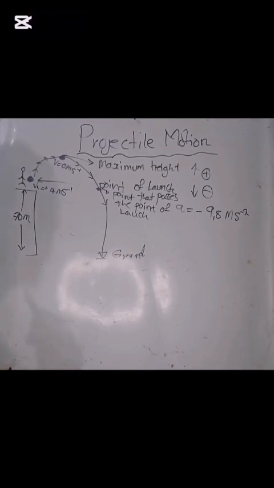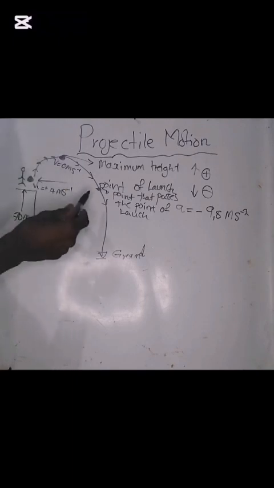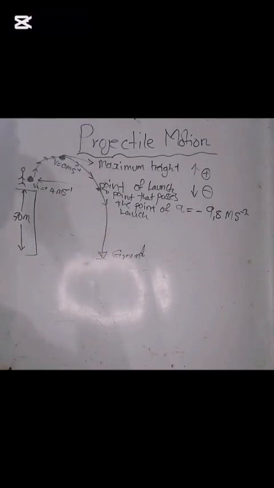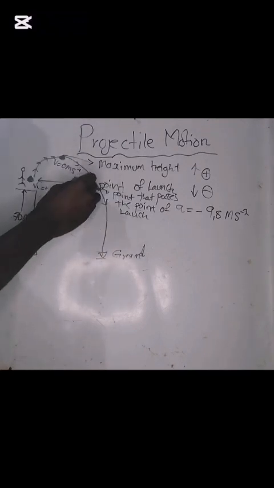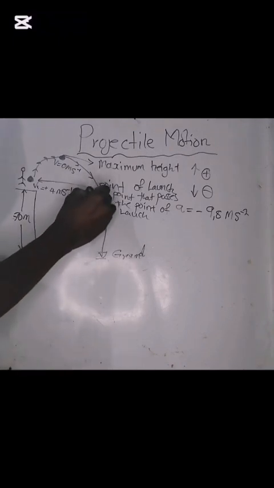Keep it in mind that when they say maximum height, velocity is 0 meters per second. They might not give you the velocity in your exam, so it is always 0 meters per second at the maximum height. What about the point that passes the point of launch? At this point, when the ball was going downward,